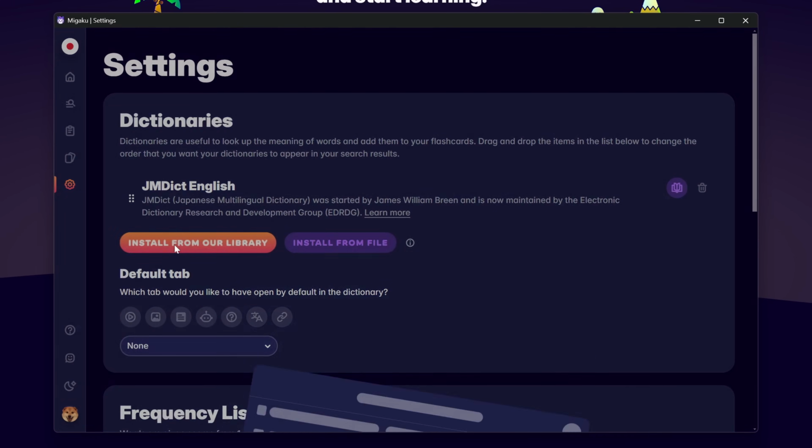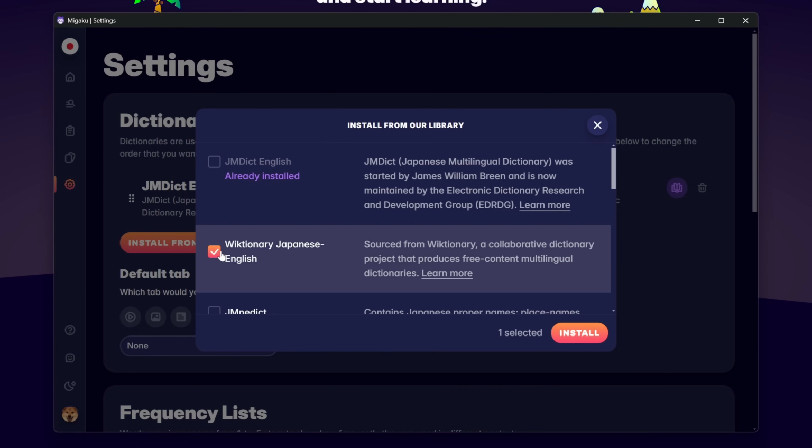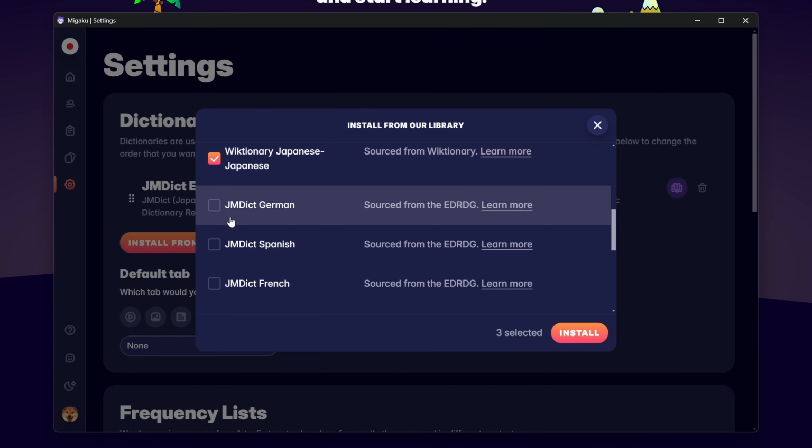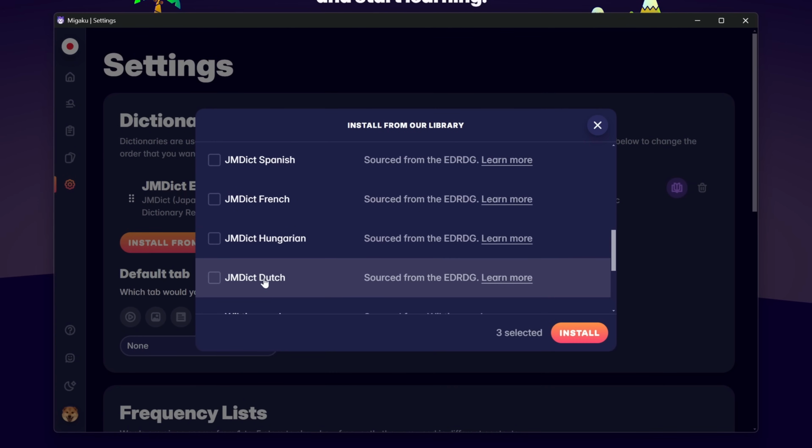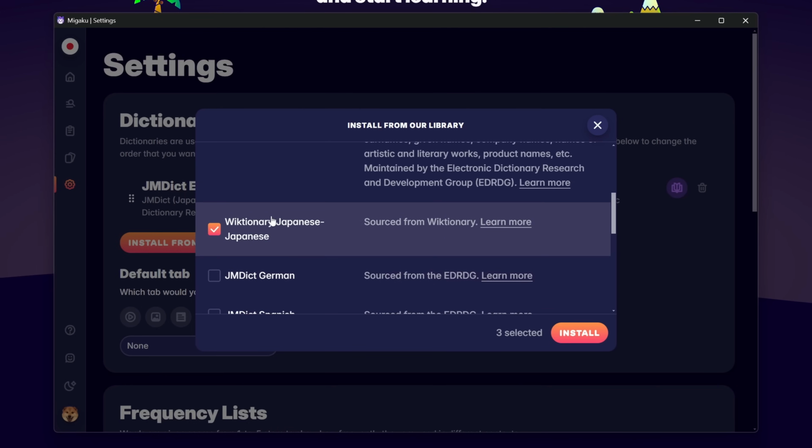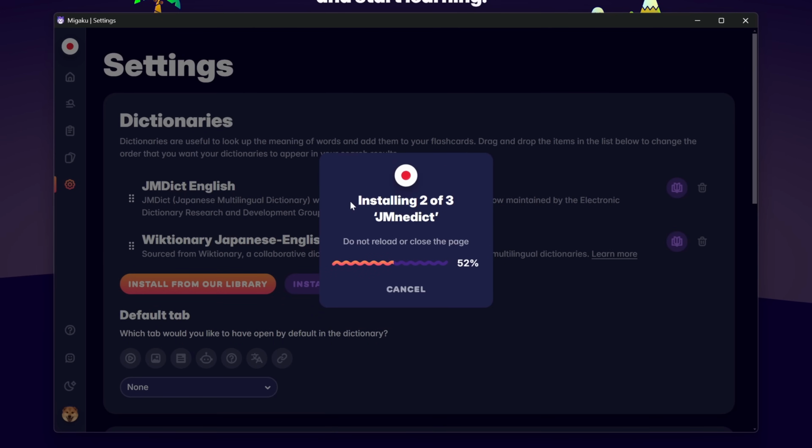extra dictionaries. So these are the dictionaries that Migaku offers you by default. There are multiple dictionaries that are non-English as well, including a J2J dictionary. Of course, you don't actually have to install all of these bonus dictionaries, especially if you're a beginner, because there's a high chance that all of the things that you're going to be looking up are going to be in the default dictionary anyway. But if you find some words missing, then you might as well try adding a few